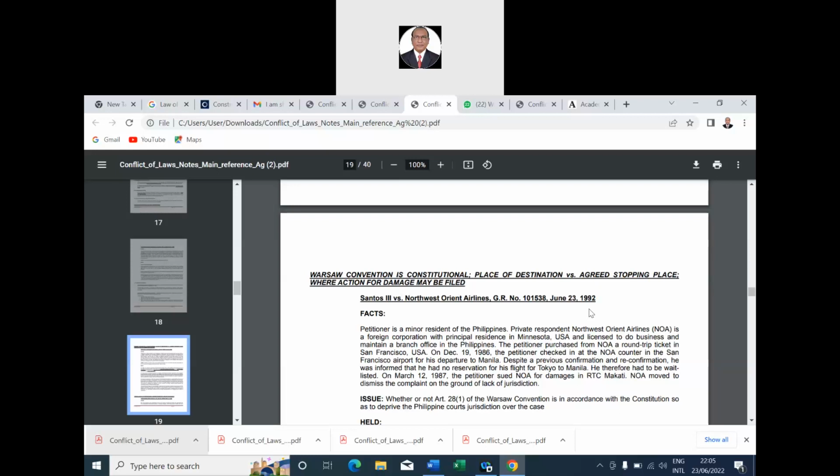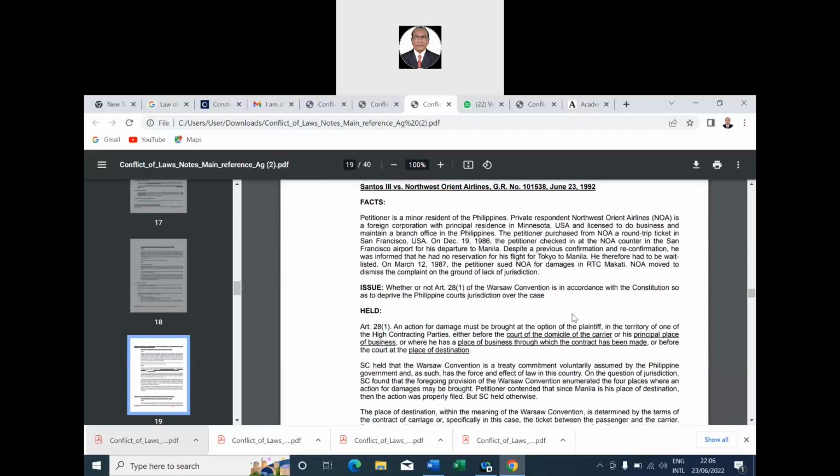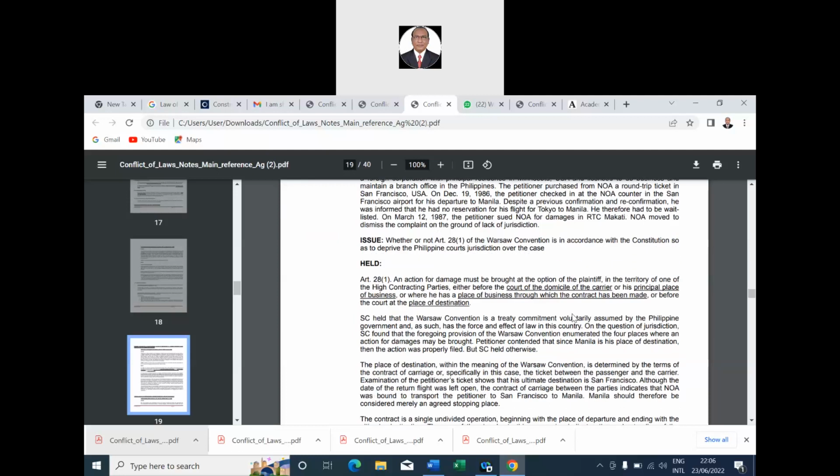Another is the most significant relation with that state, the USA. So the USA law would be applicable over there. So now the question is whether or not Article 28(1) of the Warsaw Convention is in accordance with the Constitution so as to deprive the Philippine court of jurisdiction over the case. So here they said the law where the most significant relation